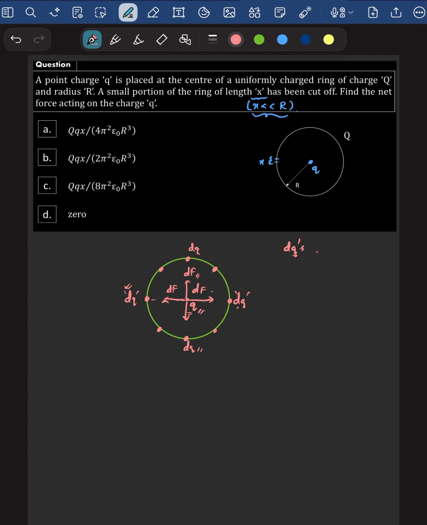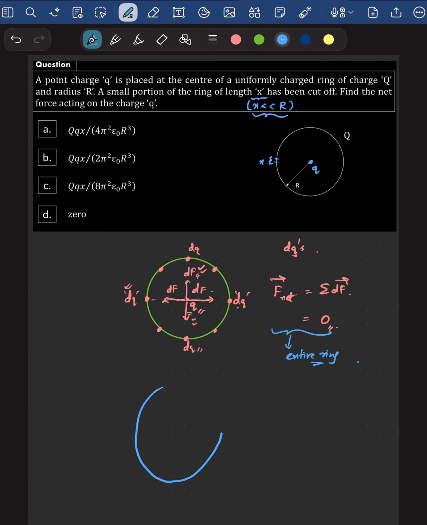So if we had the entire ring, then I hope you're probably noticing this point already, that your net force will be the sum of all these small forces. But for every DF, you have another DF acting in the opposite direction. So your net force acting on this would be equal to zero, right? So your answer would be net force will be equal to zero, but under a condition that you had the entire ring when the entire ring was present. But as you notice in this question, we're cutting off a small portion of this ring.